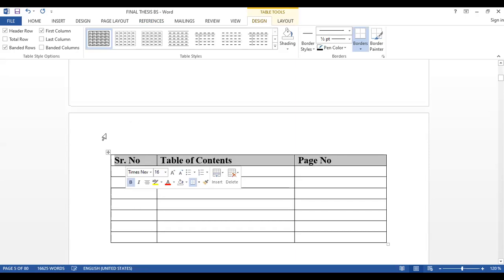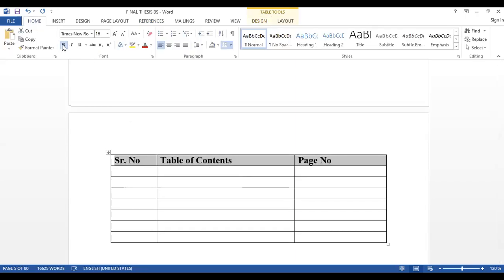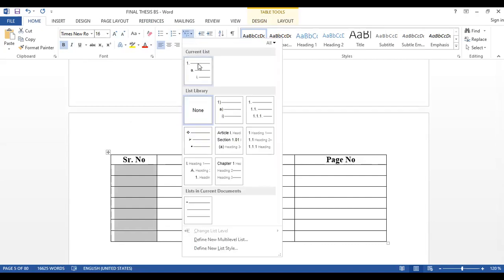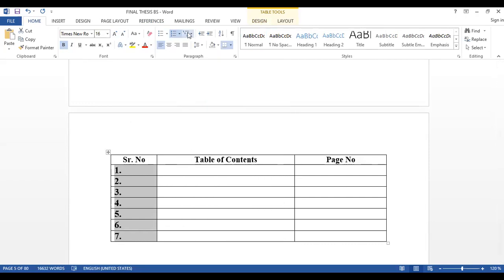And what should I do? I bold them and set 14 size. Then I select this table. What should I do?